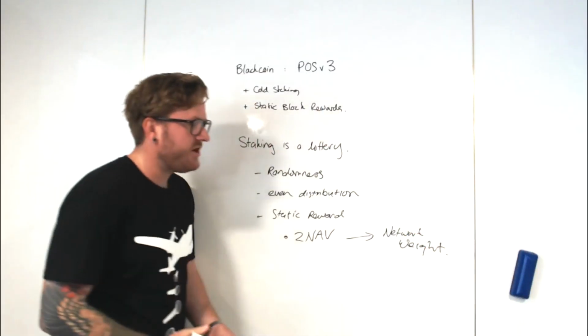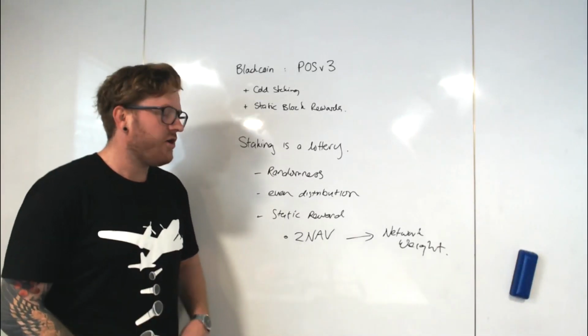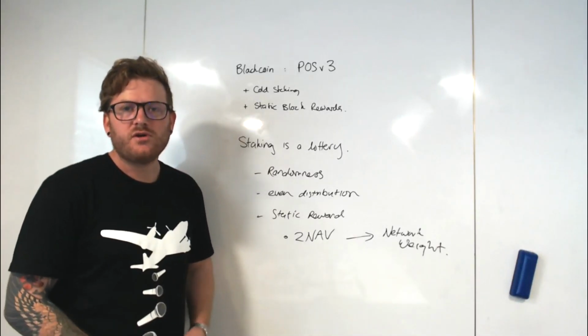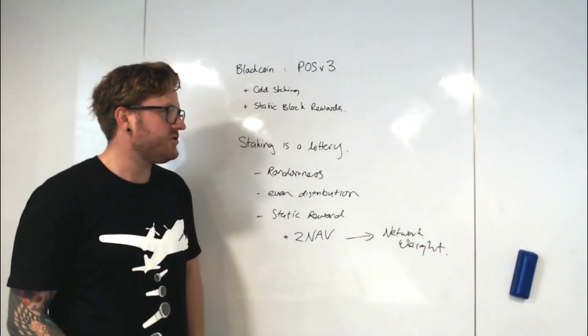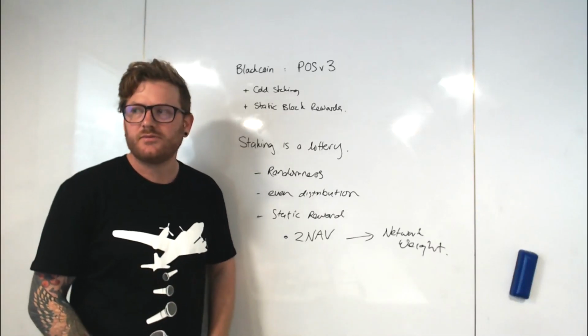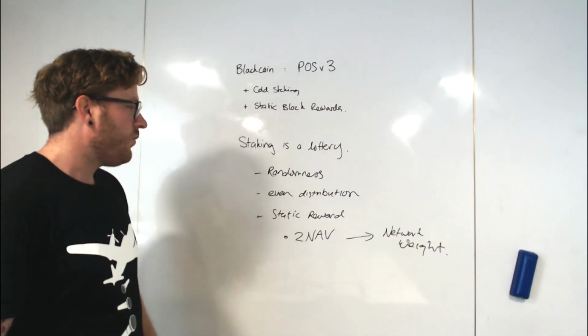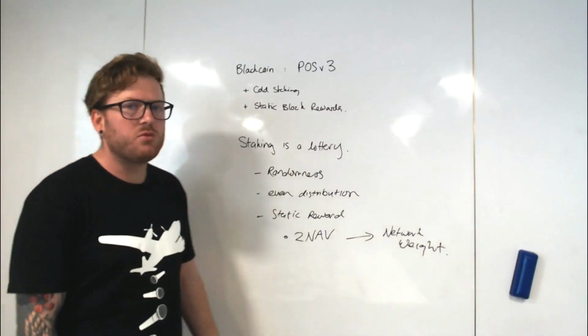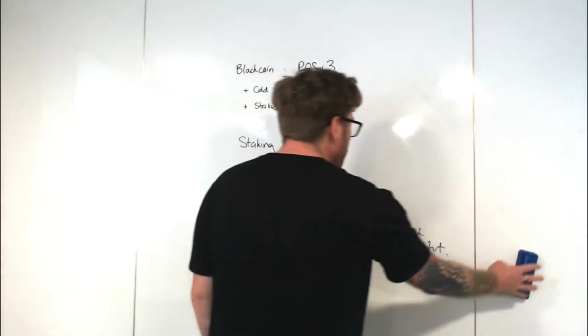Which is securing the network 24/7. And that's really our main goal, especially as NavCoin Core. It's in our manifesto that our priority is to try and make the NavCoin network as secure and robust as possible. So this is one way that it secures the network, and probably the more technical way that having a static reward secures the network.